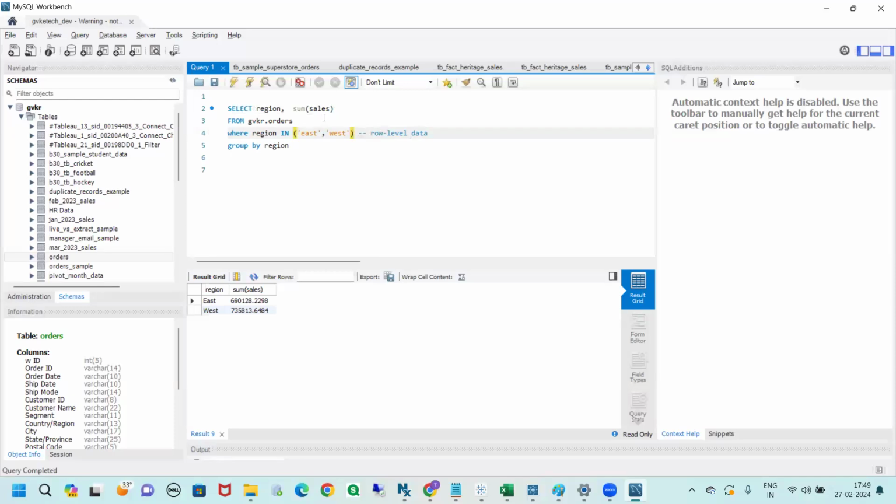Where clause will filter the row level data. So whatever filter you apply in the where clause, that will be applicable at row level actually. Okay. Now I want to show you one more thing here. For example, you see for each, what is the value we are getting